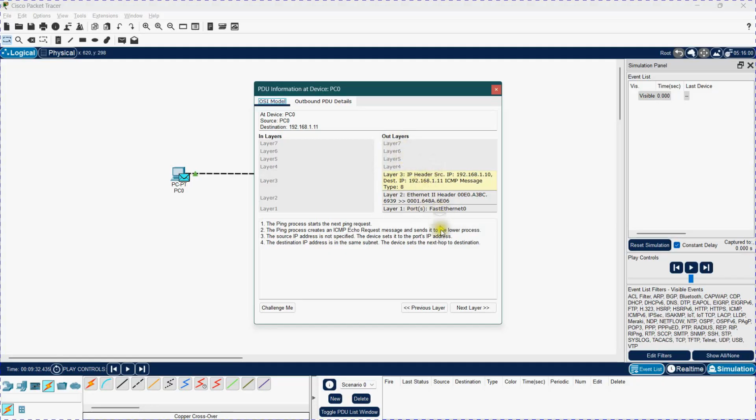Here, if you see the next layer one by one, previously it was at layer 3 of the sender side, and next it moves on to layer 2 of the sender device. So this is its MAC address. In the previous case you saw its IP address, and finally it uses the FastEthernet 0 port, and next it moves on to the